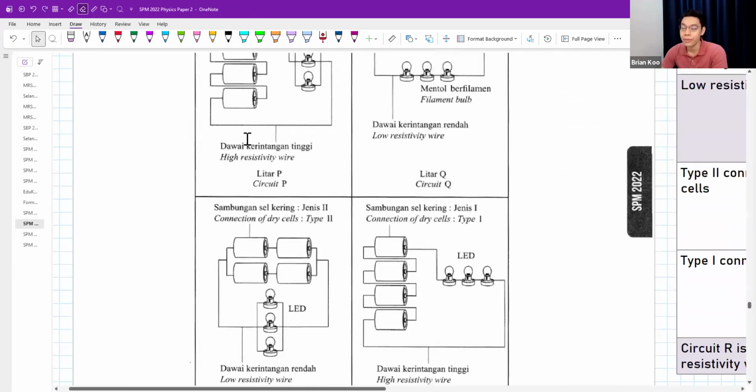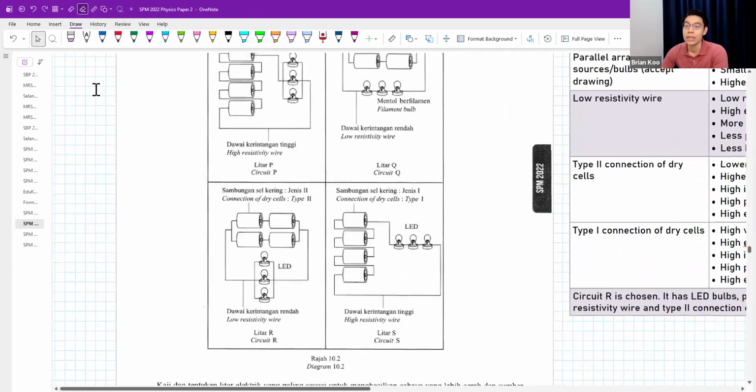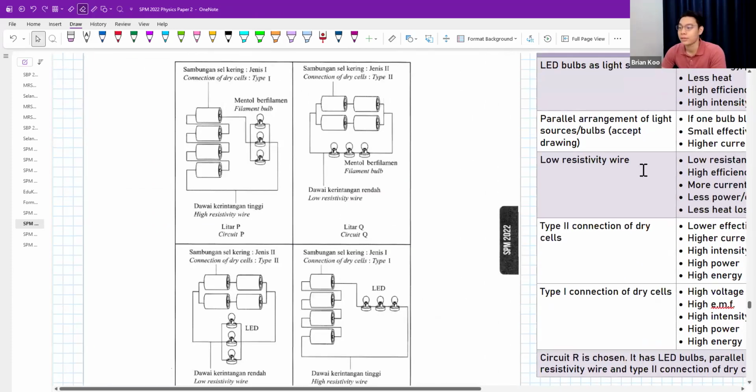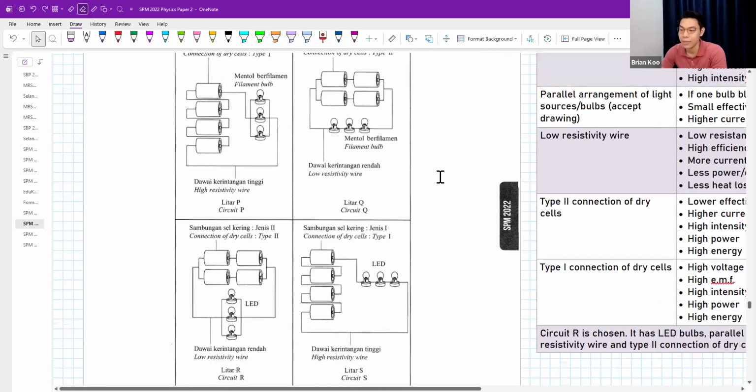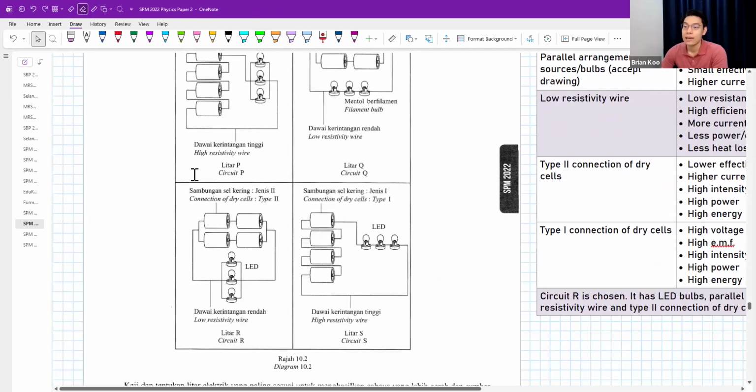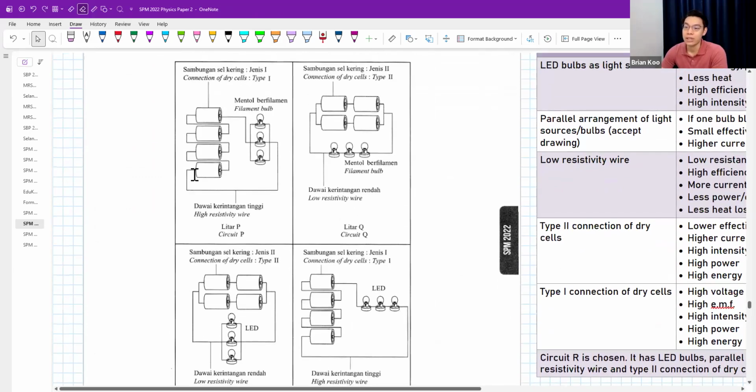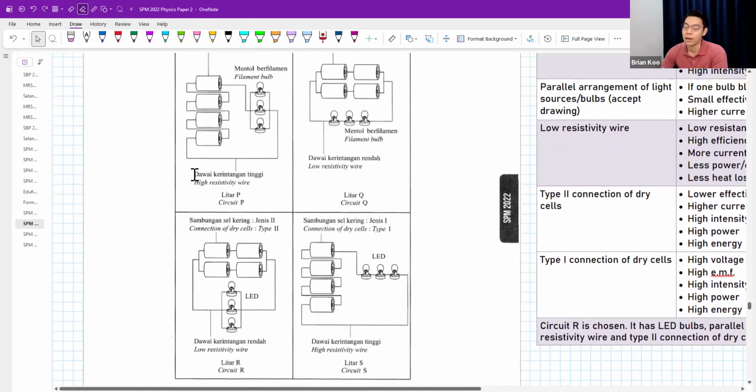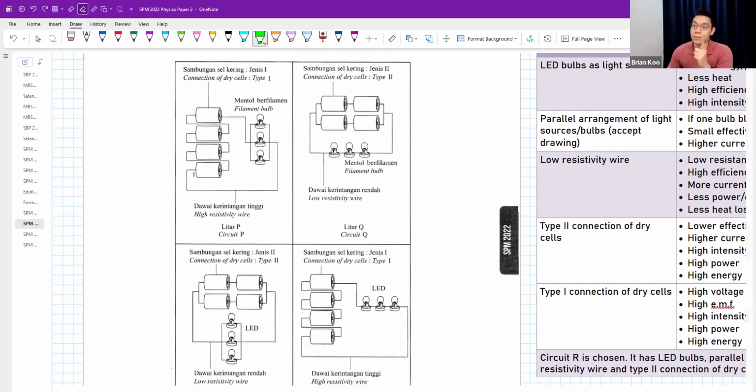Okay. If we look at the picture, there's an answer at the side, right? But don't look at the answer. Let's see why we will eventually choose circuit R. First of all, please make sure you know that we always choose LED over filament bulbs because LED is